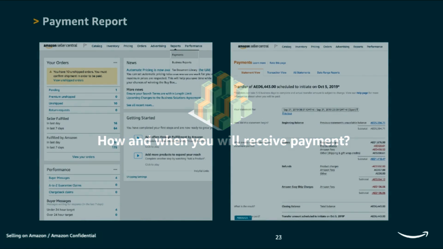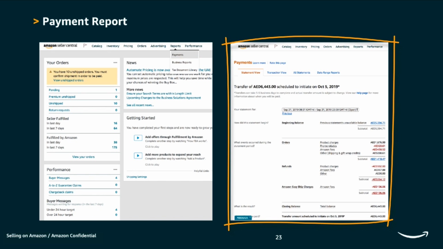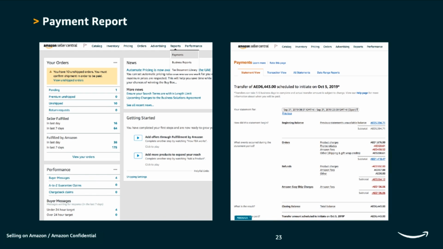You'll be able to see your exact payment disbursement date on your Seller Central. Just click on Reports on the top, then Payments. You'll be able to see how much will be released and the scheduled date of the disbursement, which in this example is October 5. So Amazon sends the money or the payment to your bank account using the funds transfer